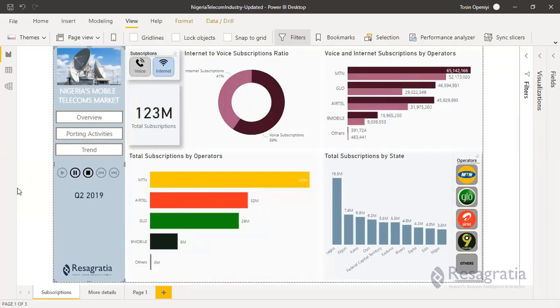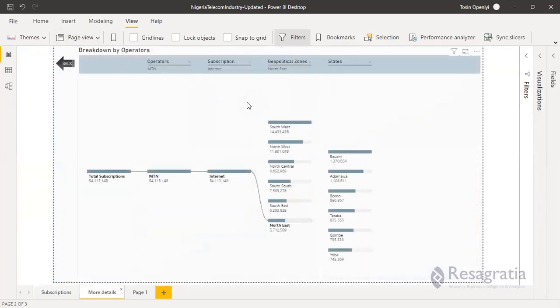Okay, so that's fine. Then we've also seen the drill through. And I remember that last time, I walked us through how I came up with this.